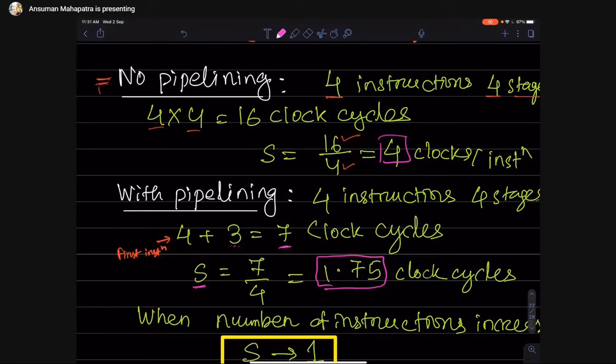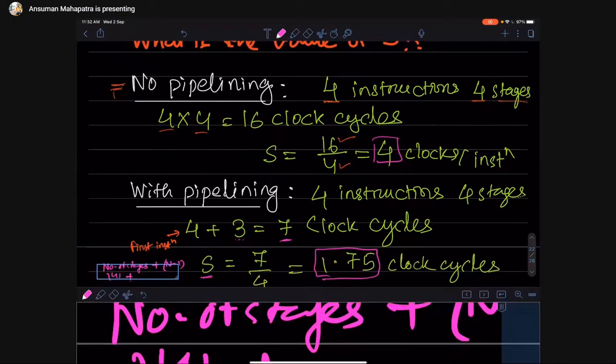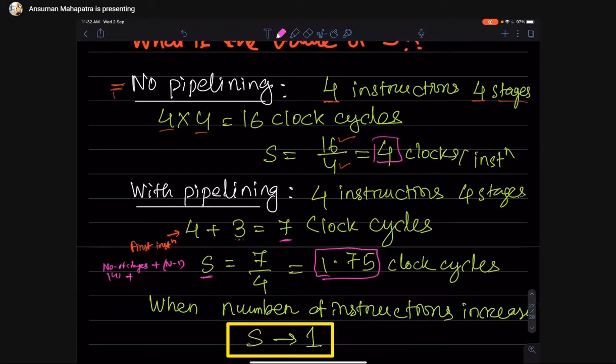So in this case it is 4 plus n minus 1, where n is the number of instructions: 4 plus 4 minus 1.